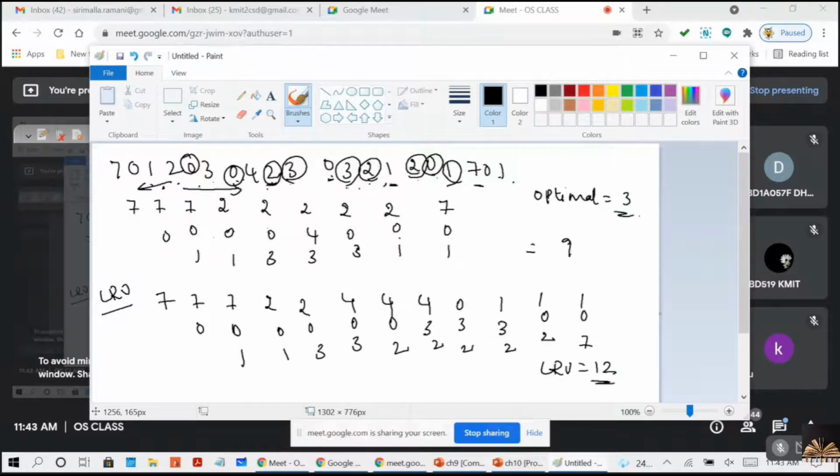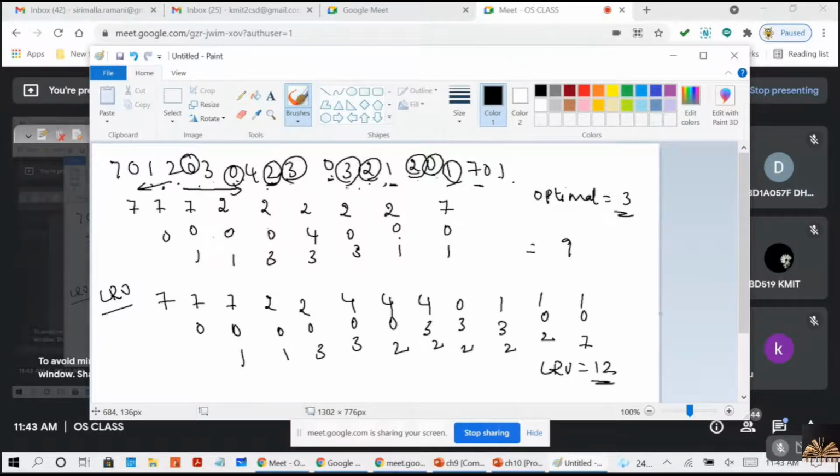You can implement it in two ways: by making use of counters and by making use of stack. So when I'm using the stack, we will be using a doubly linked list stack, so that you can take out that, and if you're starting at a position you can take out that, right?